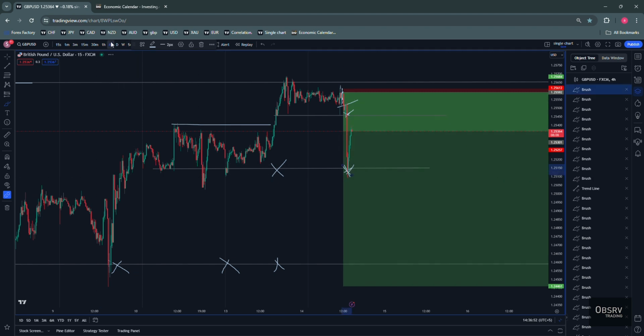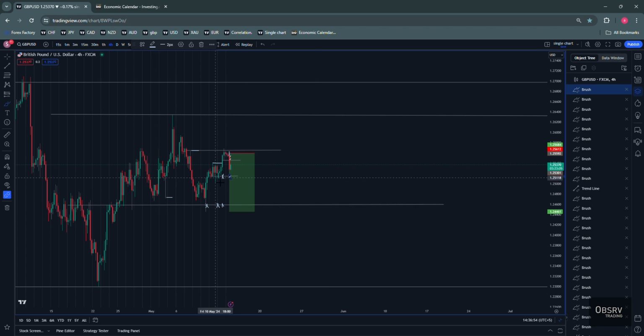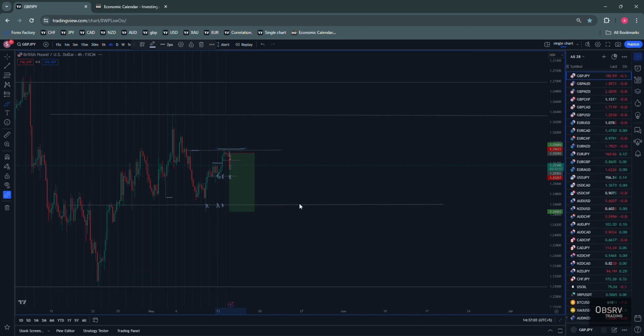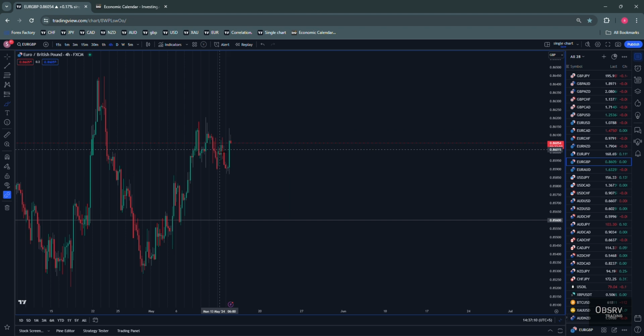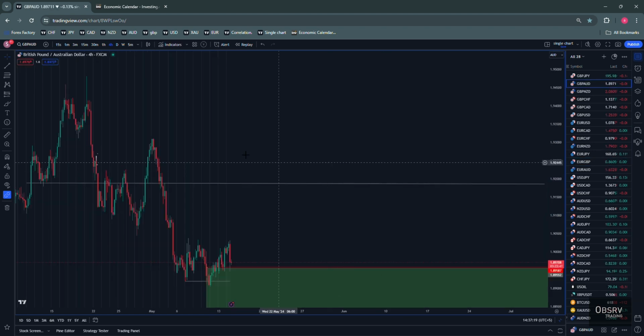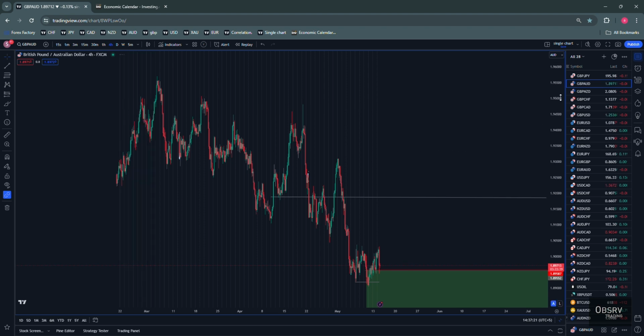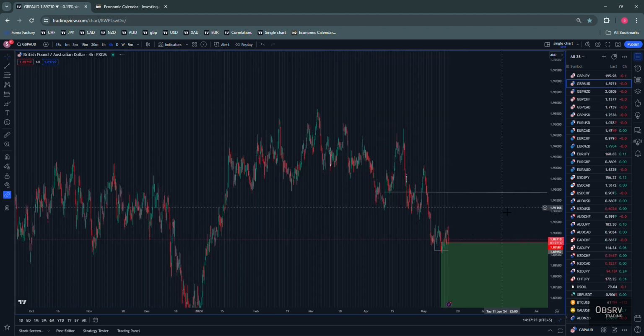The reason why is because if you take a look at 240, this is still a buyer. Although the news started to show that pound is going to get weaker, even on other pounds like pound yen, you can see that's an uptrend, but the sell is coming down. Euro pound, you can see that it showed you that it's going to go in a downtrend, but then the buyer took over. Pound Aussie, coming from weekly, this has a lot of room to travel to the south side.